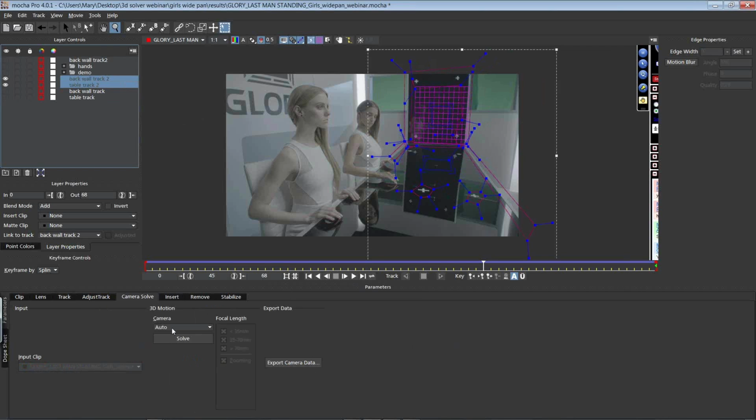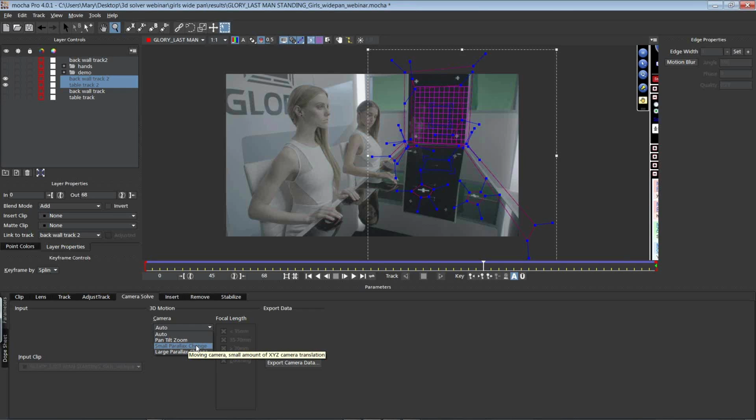I'm going to go to my camera solve, and inside of my camera solver, this is really easy. We've made this so even if you're not a match mover, you can use this. Pan, tilt, zoom, you have to decide what kind of camera this is. Pan, tilt, zoom is a camera that is on a tripod that's either panning, tilting, or zooming. Small parallax is a camera that's moving in Z space. It doesn't matter if it's on a gimbal or